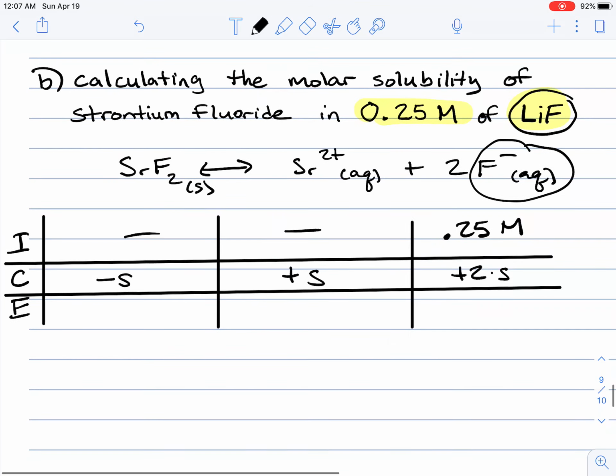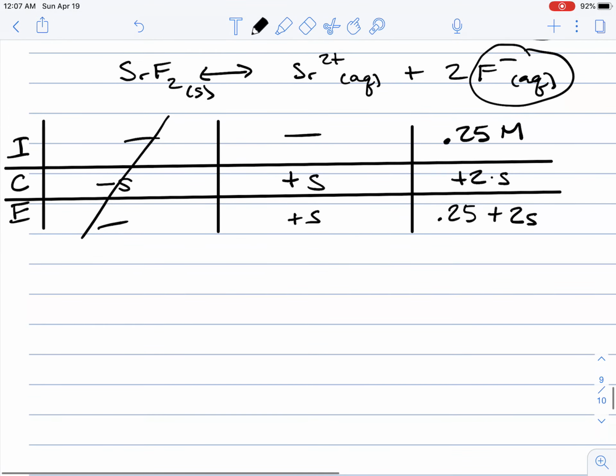And so the rest is going to be blanked out, and very similar to what we did, this just cancels out when we apply this to the mass action expression. And so we're going to go ahead and add downwards to get the equilibrium amount. So this is going to be 0.25 plus 2s. All right. And so now that we have our equilibrium